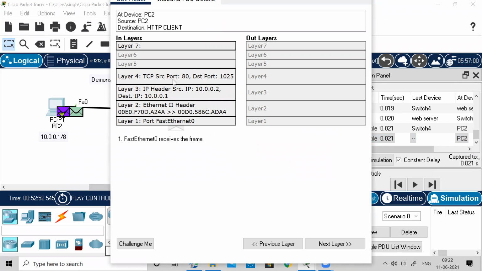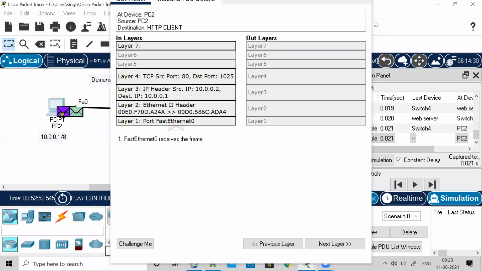So the 80 port number is fixed when you are dealing with the HTTP, and you see that it is mentioned as TCP and not UDP. When we were working with DNS server, the ports were considered as UDP, means you are using the UDP protocol there in the transport layer. And when you're using HTTP, it says that it is using a TCP protocol for communication. So just because of TCP, there was a handshake process which happened before you actually had your HTTP request and reply.